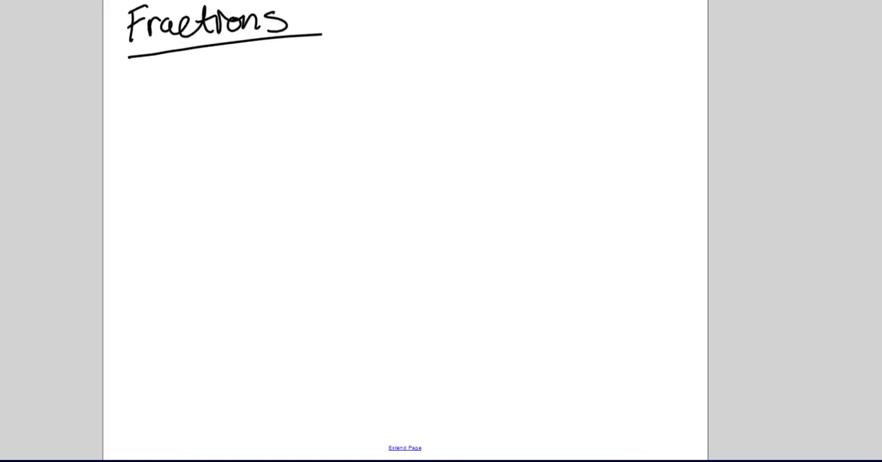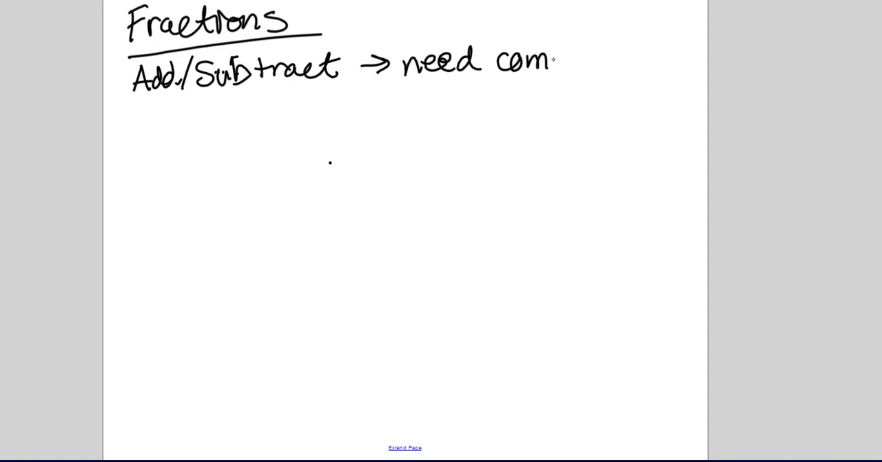So we'll get into a little bit of changing different forms of fractions throughout doing some problems, but I'm just going to do 2 different problems. I'm going to do an add or subtract one, which in this case, when you add and subtract fractions, you need a common denominator, which the denominator means that's the number on the bottom. We need a common denominator. For multiply and divide,